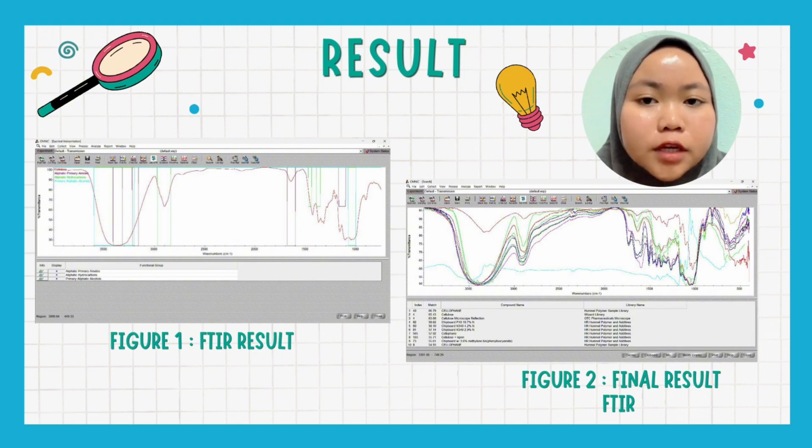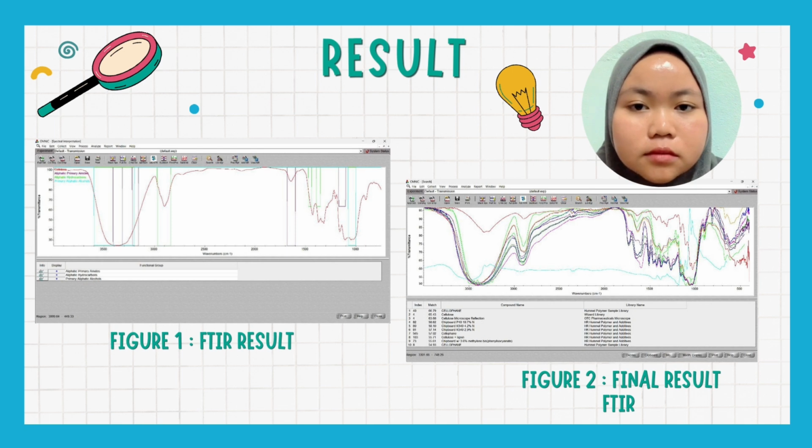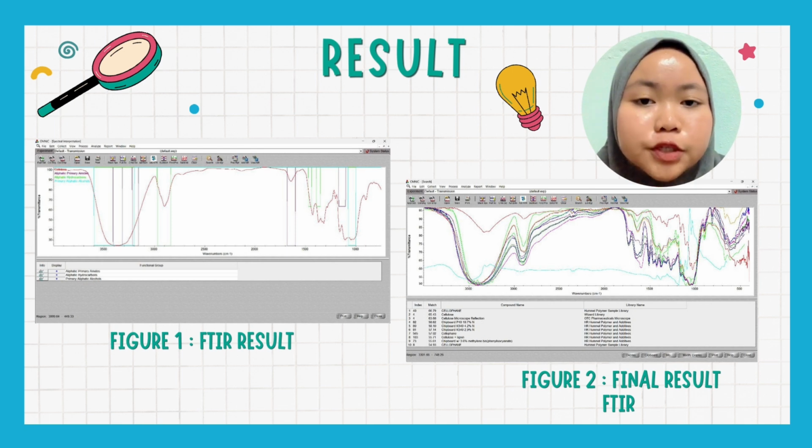The result. Figure 1 shows the result of FTIR using Omni software. The red line represents the spectrum, displaying transmittance against wavenumber in cm-1. The software indicates regions associated with different functional groups. It allocated primary amides around 3,300 cm-1 for NH stretch and